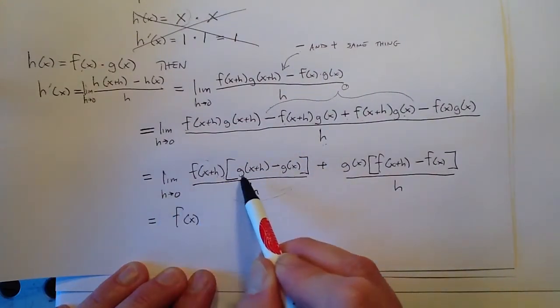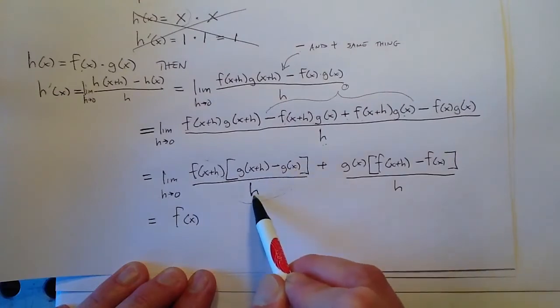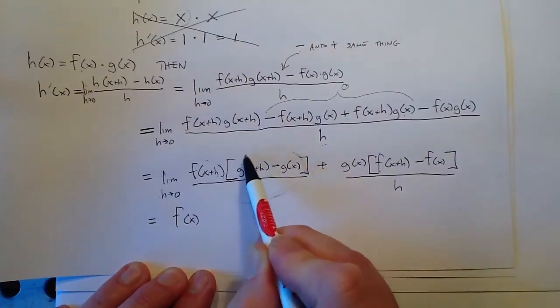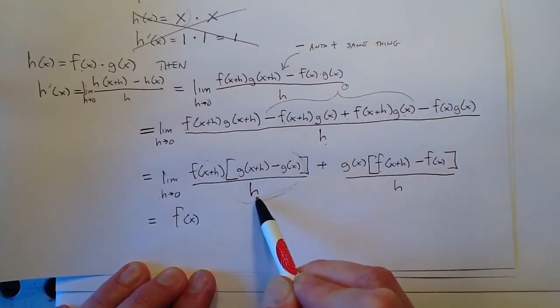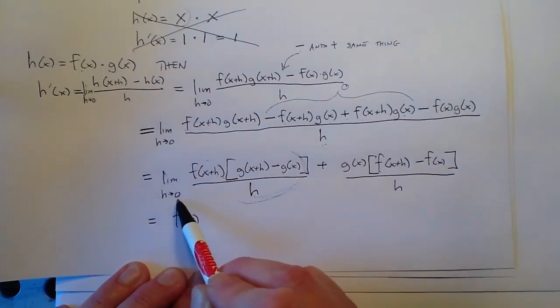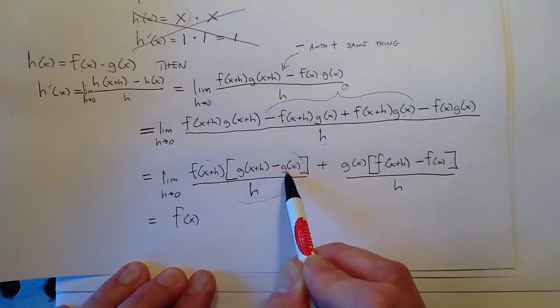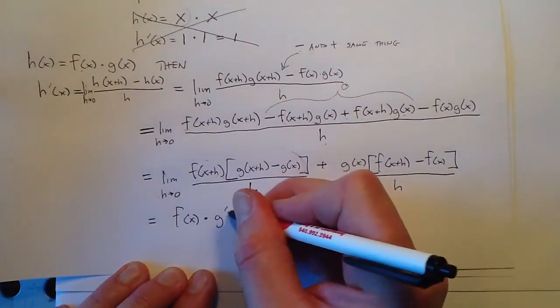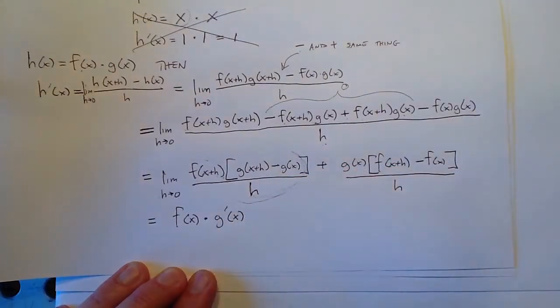As h approaches 0, g of x plus h minus g of x over h, that's the definition of the derivative of the g function, right? Think about that for a second. That's the definition of the derivative, limit as h approaches 0, g of x plus h minus g of x over h. So I'm going to write that as the derivative of the g function,